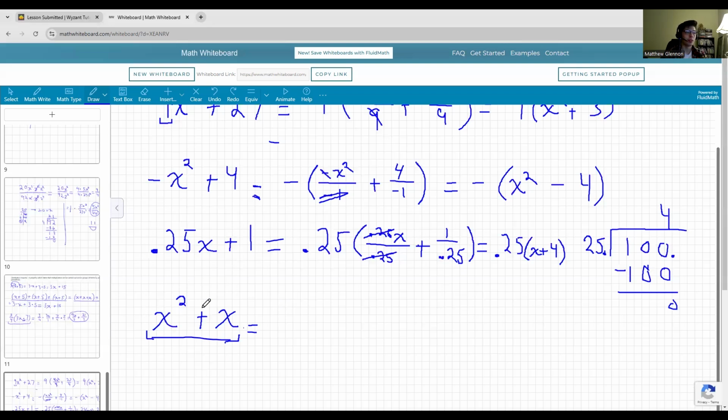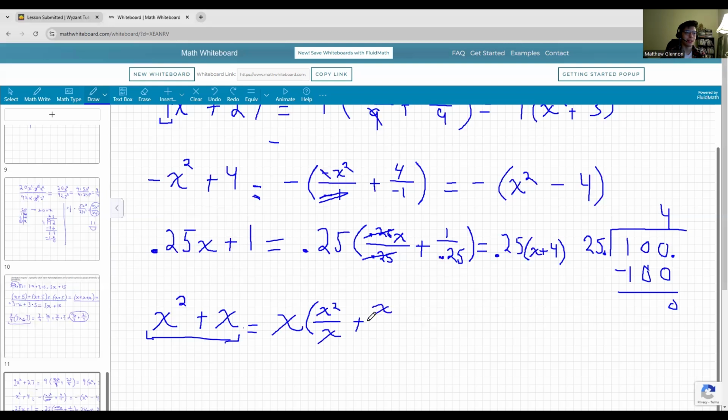So with that said, they both have x in them, and what you do is you pull out the highest power of x you can without going into, what's it called? X is in the denominator. And in this case, x squared and x can both be divided by x. So we'll do x groups of, and it'll be the exact same thing as before, x squared divided by x